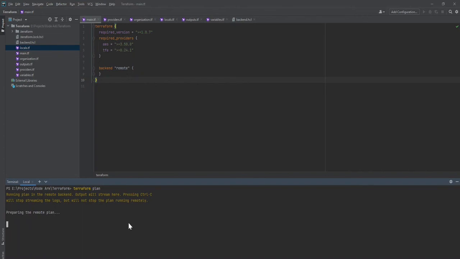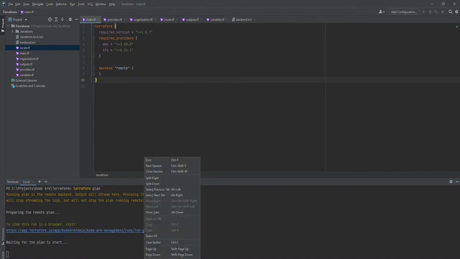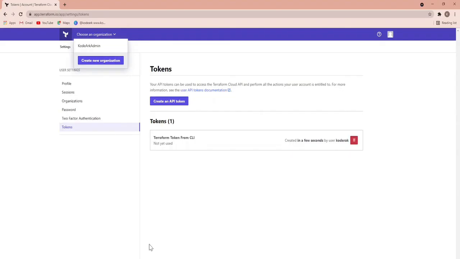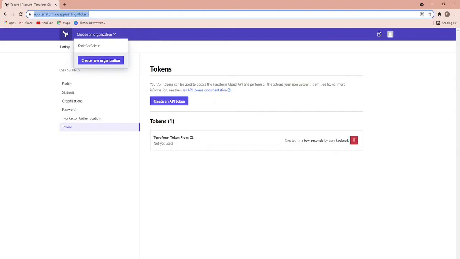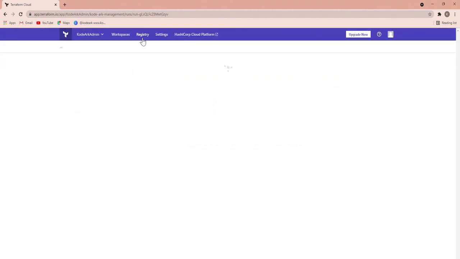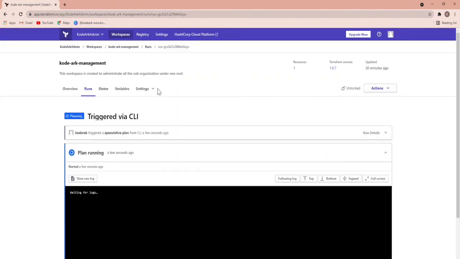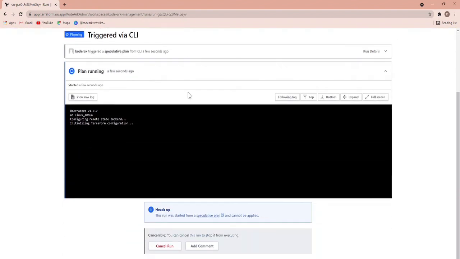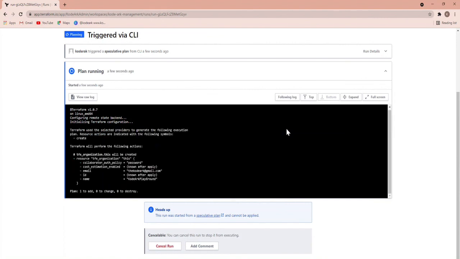We'll get the link and we can copy this URL and go there to see what is happening inside this workspace. Now we got one resource to be added and zero to be destroyed.